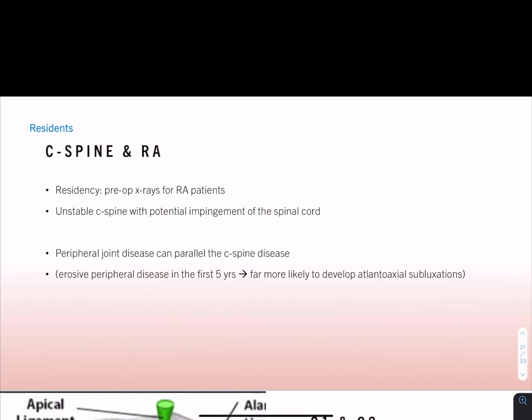Oh, here's a good slide for medicine residents. When conducting a pre-op assessment for rheumatoid, obtaining a C-spine X-ray is important to identify potential instability in the cervical spine that could lead to the risk of spinal cord compression. One crucial point to remember is that you should request flexion and extension views rather than a fully erect C-spine